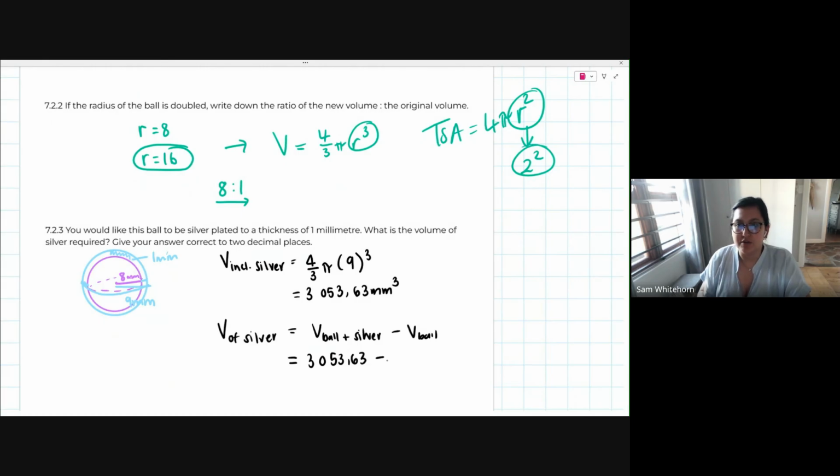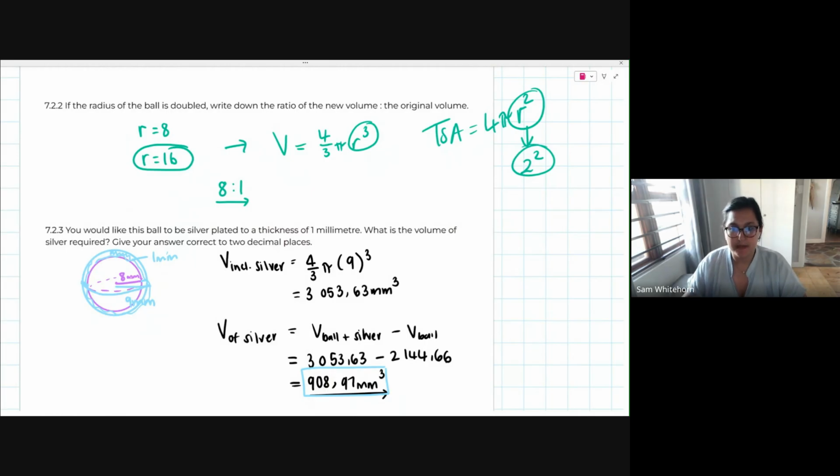We're going to minus that original volume that we got earlier of 2144,66. And that difference tells me that the volume of silver plating needed is 908,97 millimeters. Okay, too many things trying to be m's, millimeters cubed. And so that value there is giving me just that thin blue plating of silver around the outside of that